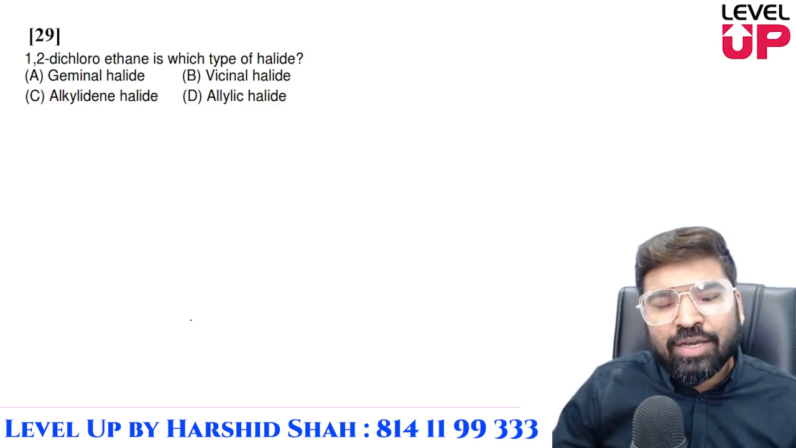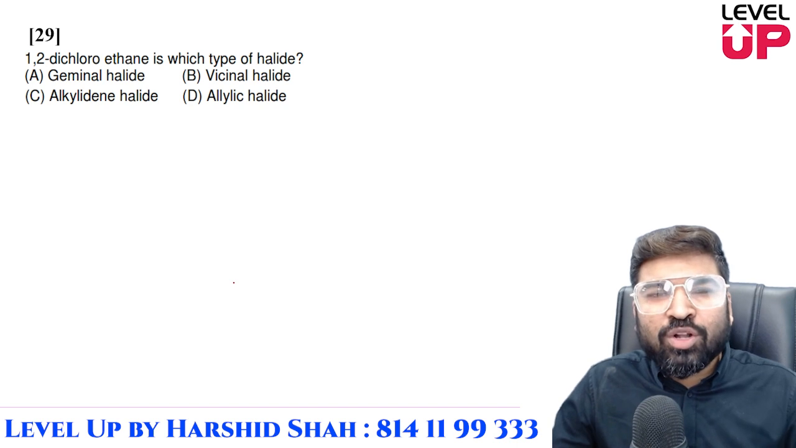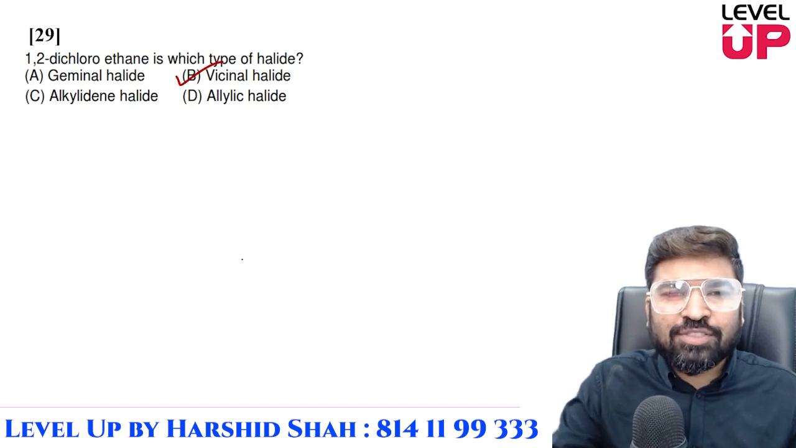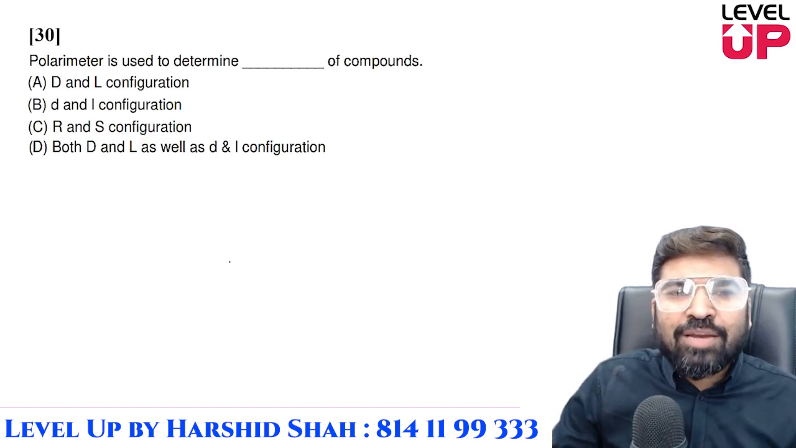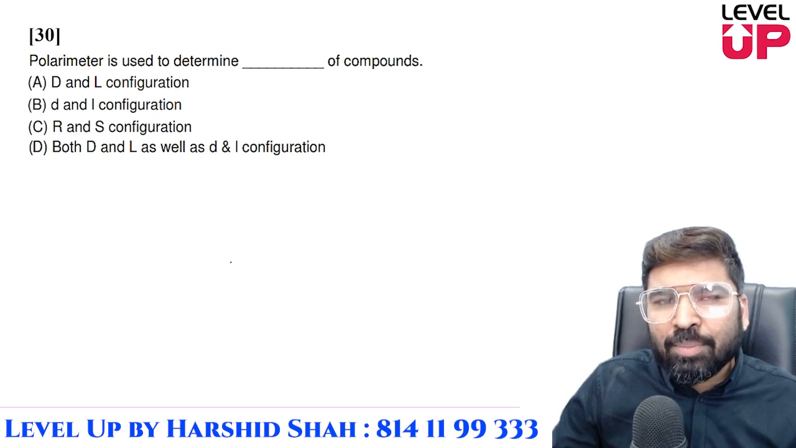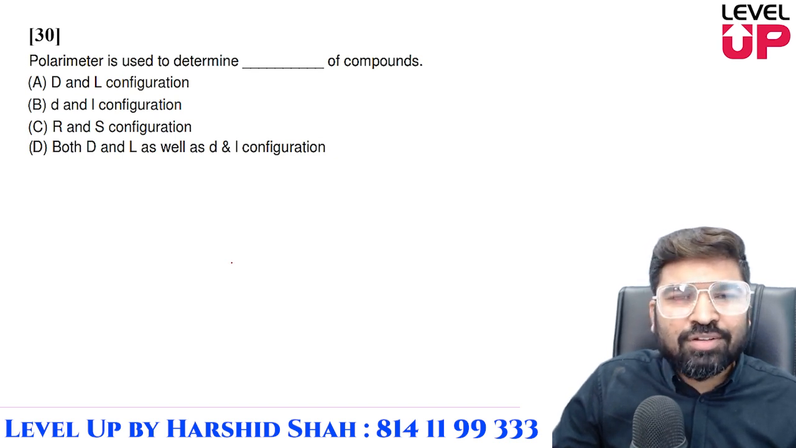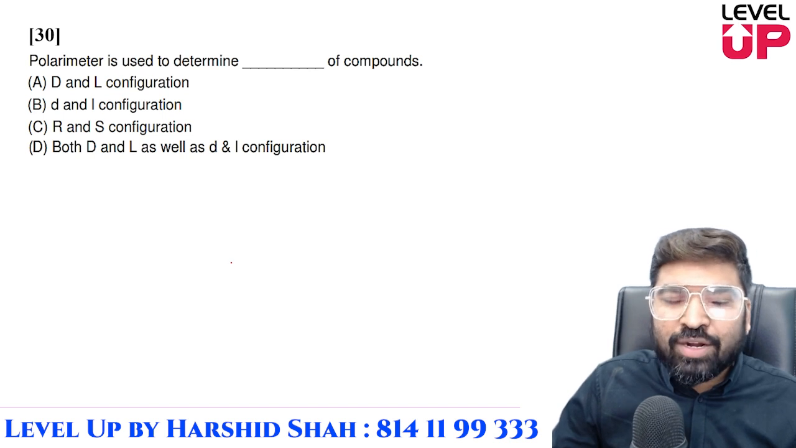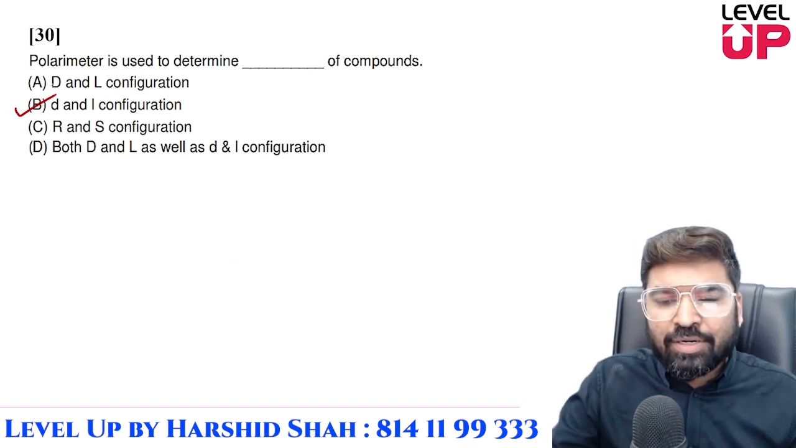1,2-dichloroethane, बाजू के कार्बन के ऊपर 2 क्लोरीन है. What do we call them? We call them vicinal dihalides. Polarimeter is used to determine the configuration of the compounds. What kind of configuration? Obviously, we want to find out dextro and levo, and not capital D, not capital L,